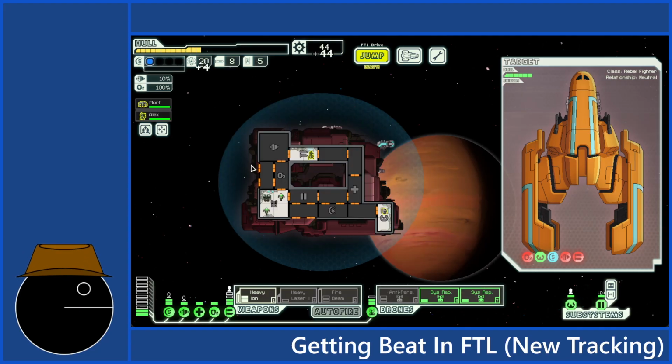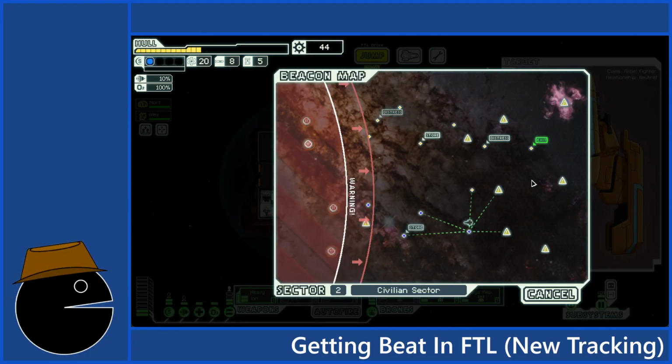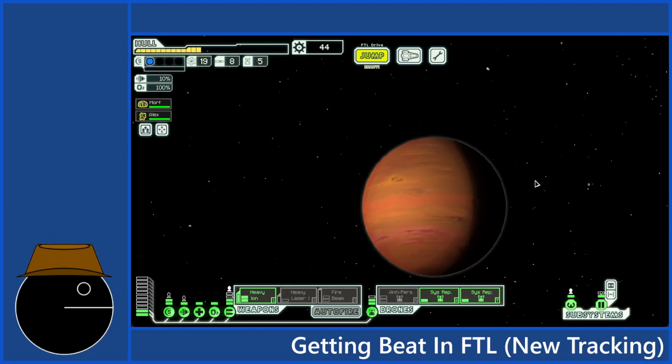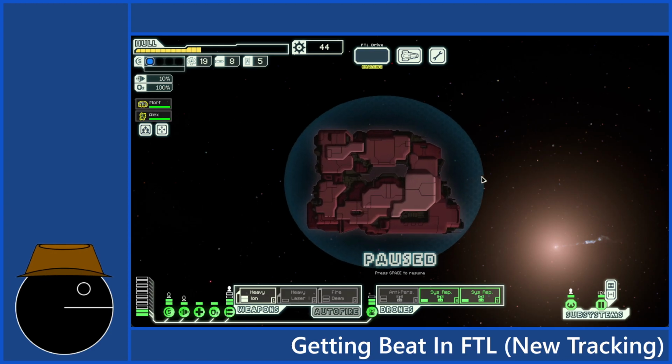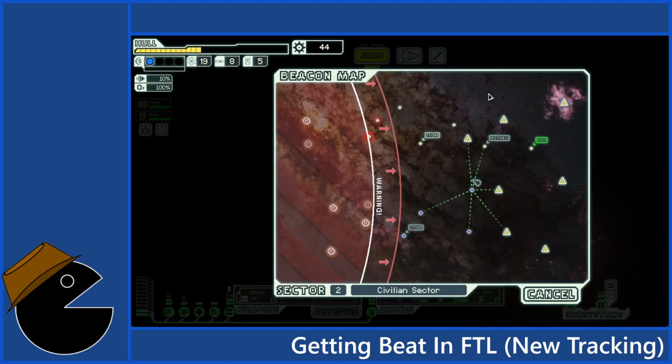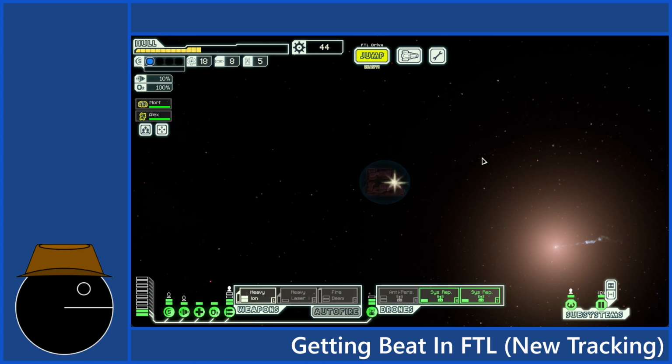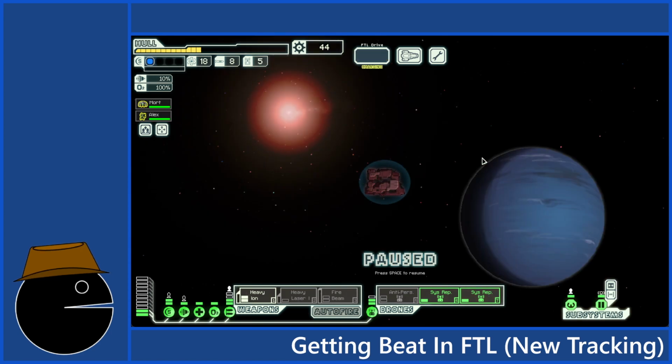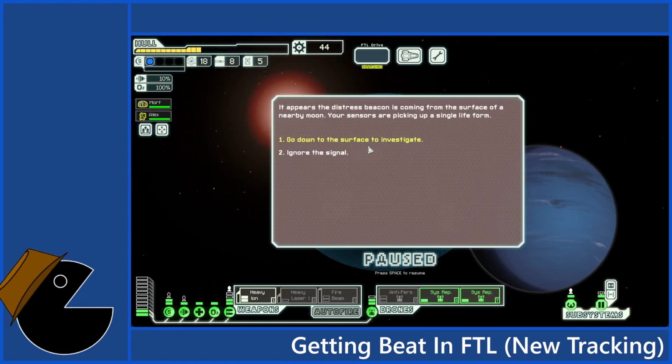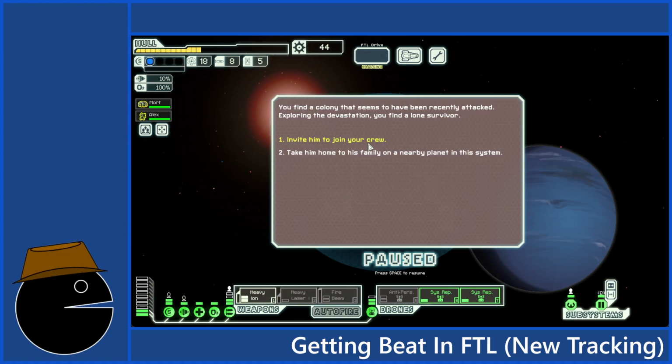Crew dies, and I can get far more resources out of them than I otherwise would. Nothing here. Let's go down to the surface.